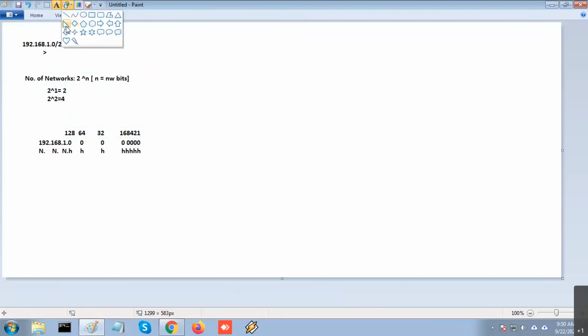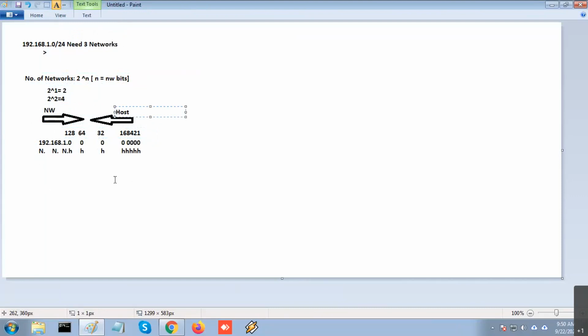Now I'm going to borrow. Remember always, left to right is network bits. When I'm borrowing network bits, you have to calculate from left to right. And when I borrow host bits, I have to come from right to left. Please always remember that. Okay. Now I am going to fix the S bits, and the rest all I put H, H, H, H. So how many S bits am I going to fix? Borrowed 2. Correct. So left to right I am coming, S, S, rest all is H, H, H.